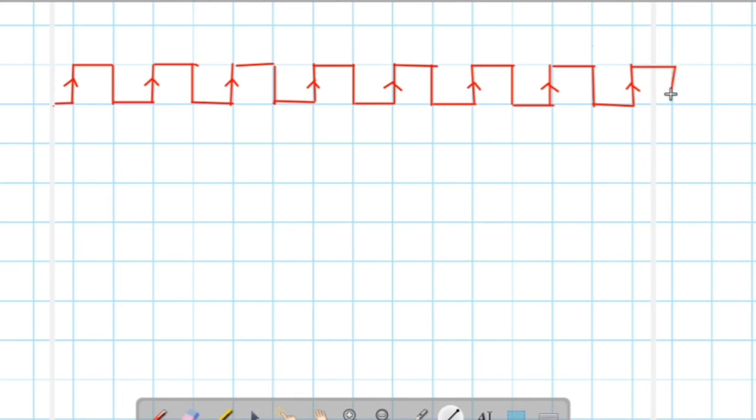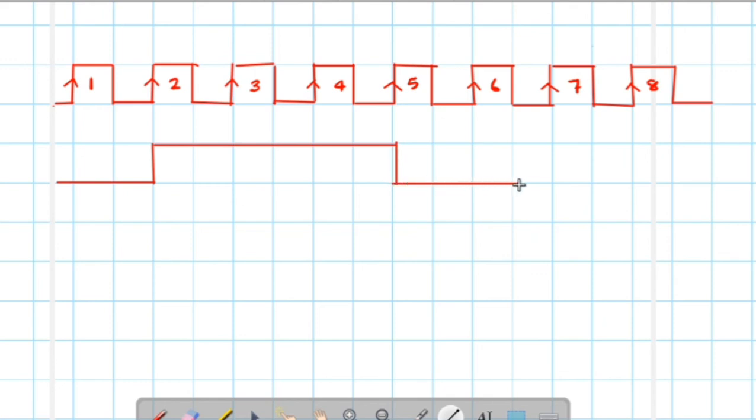So here we mark the positive edge of the clock pulse. Okay. So it's the first clock pulse, second clock pulse, third one, fourth one, fifth one, sixth one, seventh one and eighth one. Next I will draw the J and K input. Okay, so J input, initially it is 0, then 1, okay, then it will become 0, okay, then again it goes to 1, right?